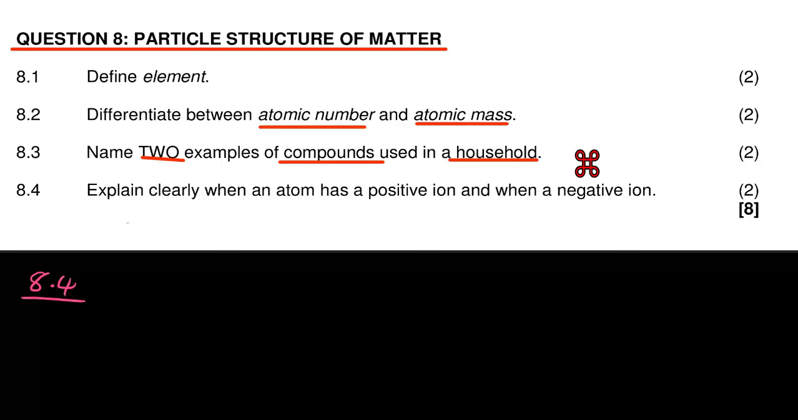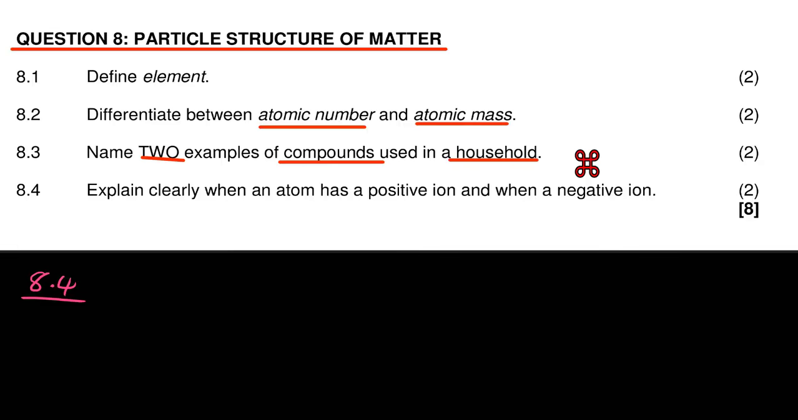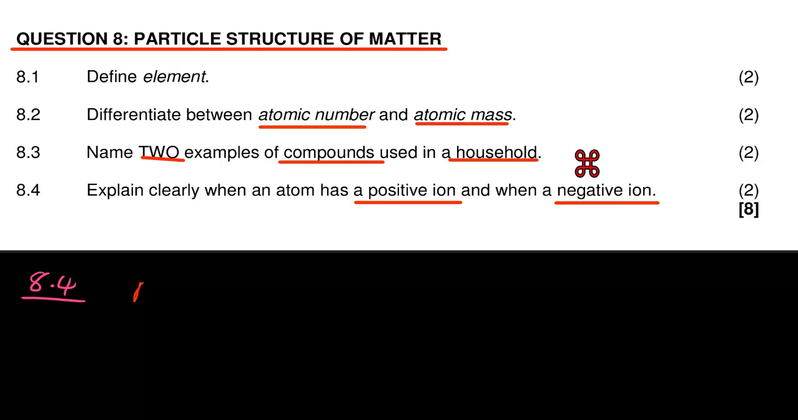Now 8.4, explain clearly when an atom has a positive ion, and when an atom has a negative ion. Again, it's 2 marks. For an atom to have a positive ion, for example, if I say sodium plus, this is an atom of sodium with a positive charge. This is now an ion of sodium. Now what happens? We are saying explain clearly when. So for it to have that, we are saying it occurs